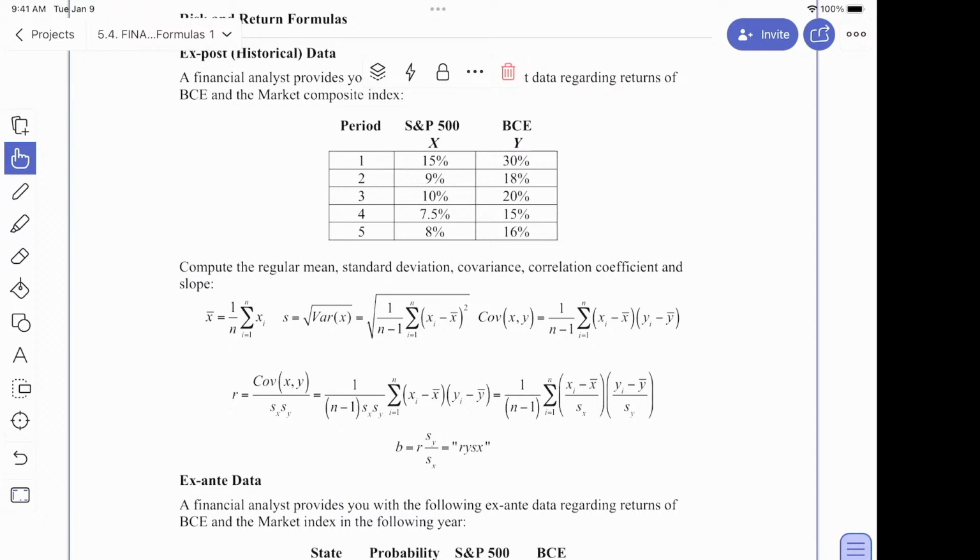In our example, it was 2. And it shows the sensitivity of the firm's returns to the market. It amplifies the effect by 2. So if the market has a return of 15% in a period, BCE has returns of 30%. That's awesome, right? But what if it's negative 15%? That's not good, because then it's going to be negative 30% for the firm. That's the idea of risk. This is all going to make more sense when we go through the unit, which is what we're going to talk about in the unit, okay?